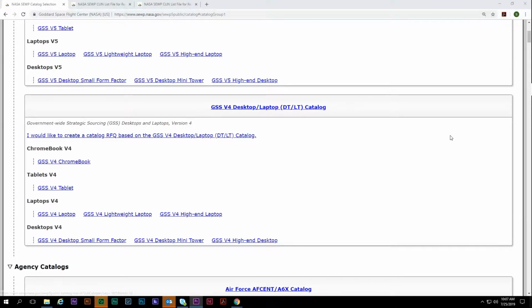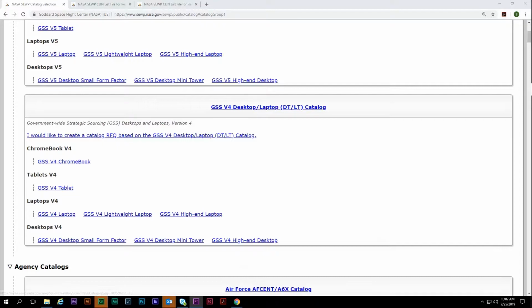From here, all agencies can review the government strategic solutions for laptops and desktops. This is a very specific agency catalog that was created under the auspices of the Office of Management and Budget in conjunction with the other GWAC vehicles at GSA and NIH, where we had a set of specifications for laptops and desktops, requested information from all our contract holders which products meet those specifications. We then created a suite of catalogs that you, the government customer, can go to select from and obtain a